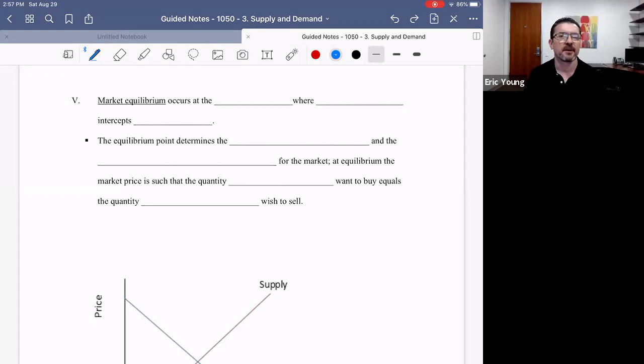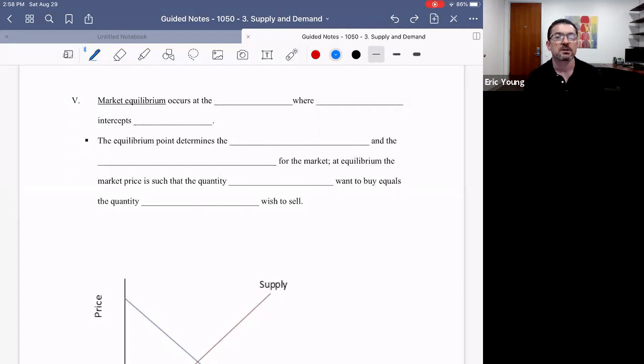In the last couple of videos, we covered the law of demand and the law of supply. Today, in this video, we're going to bring those two together into a market. Remember, a market is composed of buyers and sellers. We now know that buyers, that's the law of demand, and sellers, that's the law of supply. So when we bring that supply curve and that demand curve together, in this graph, in this model, we're building